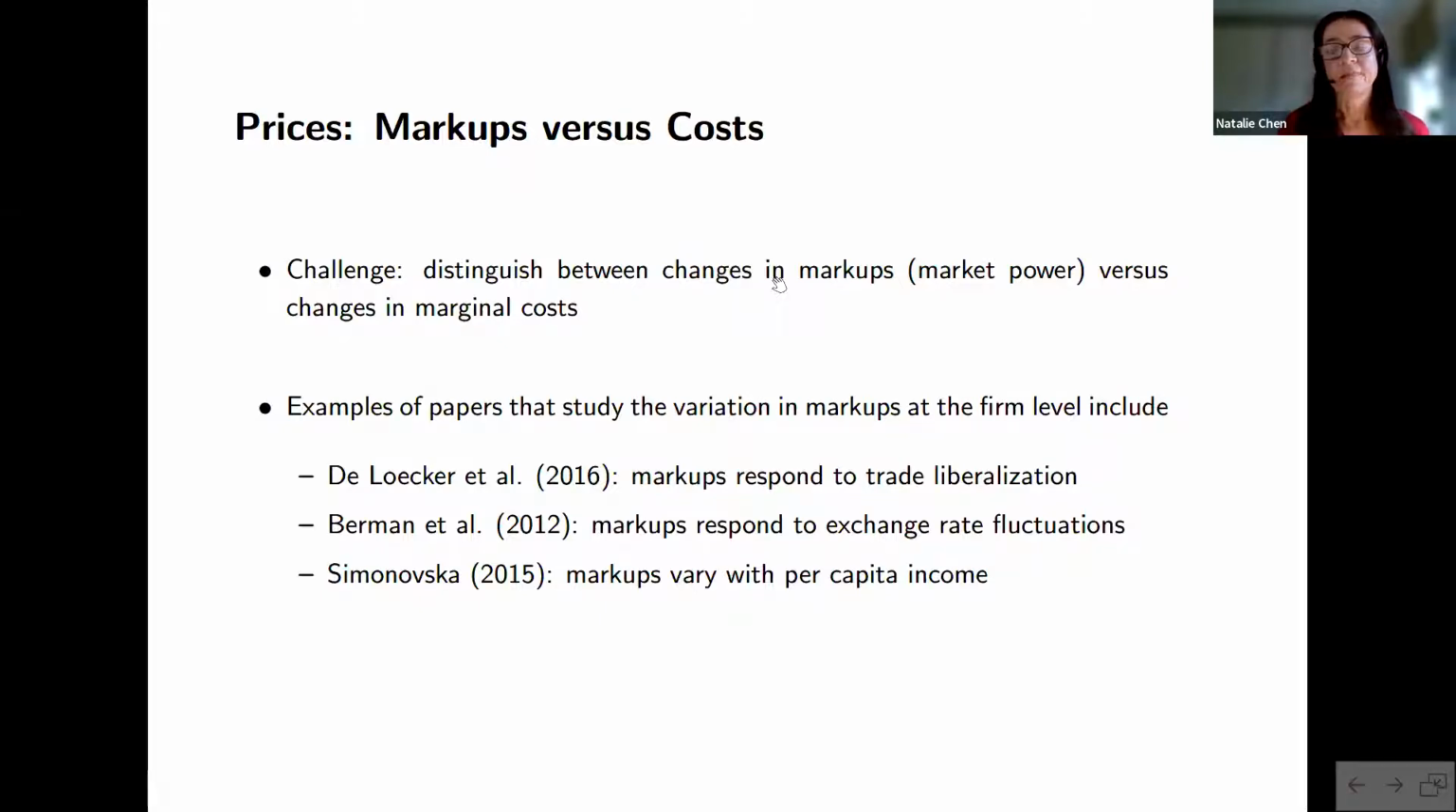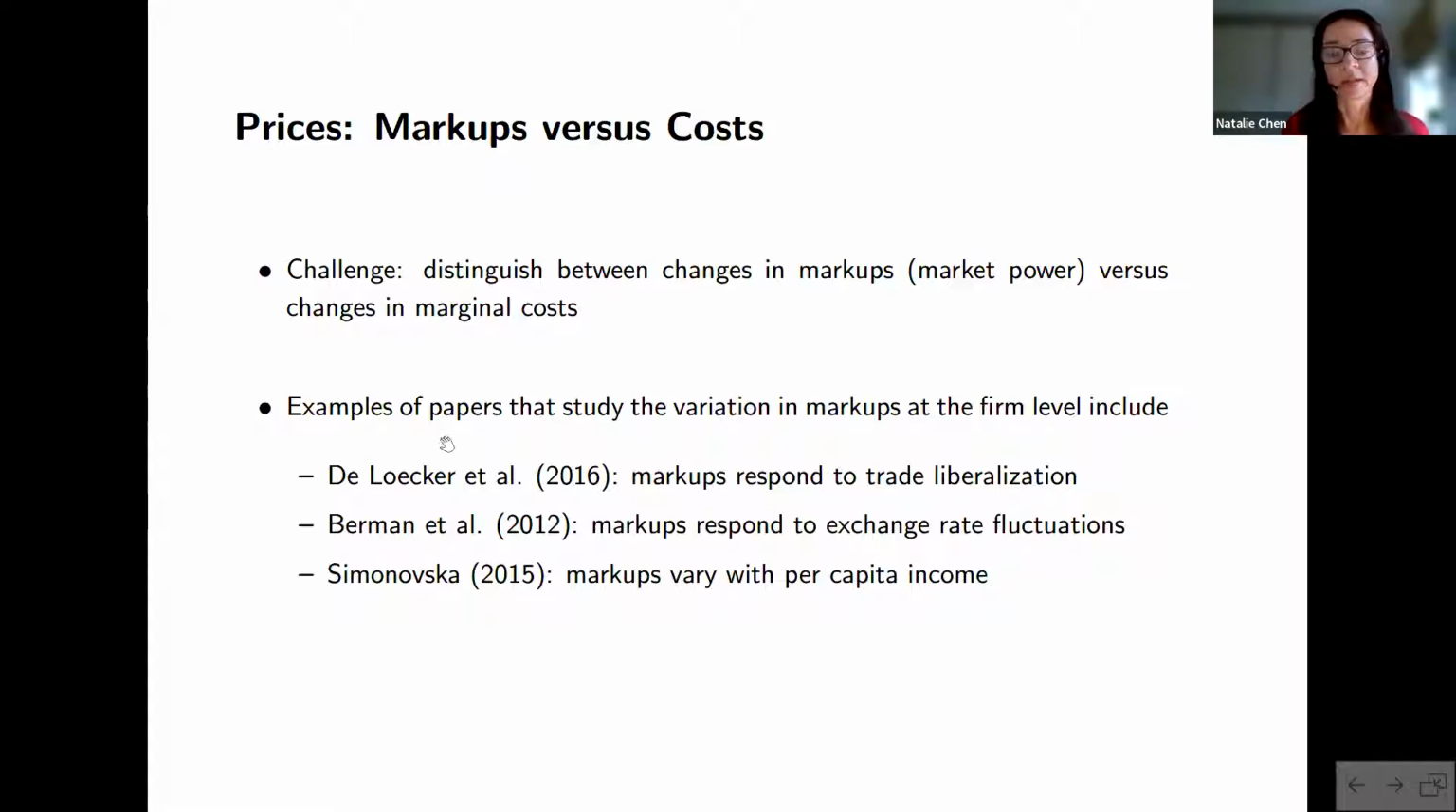However, in the data, it's quite easy to observe data on trade unit values or trade prices, but it is quite difficult to identify whether a change in price is due to a change in markups or to a change in marginal costs. There are quite a few papers, however, that are able to study the variation in markups using